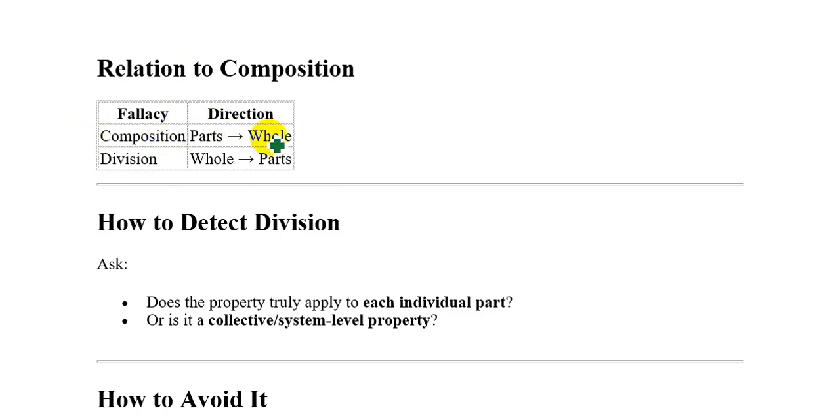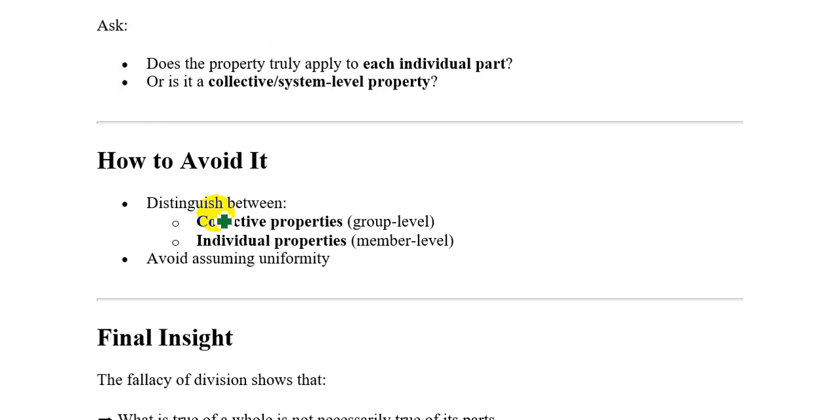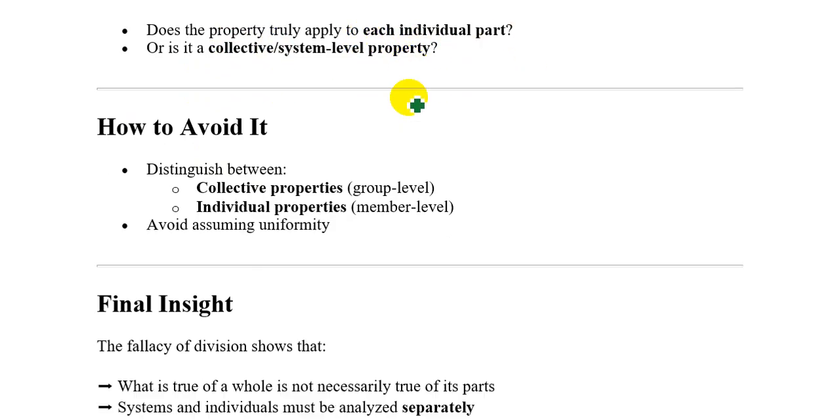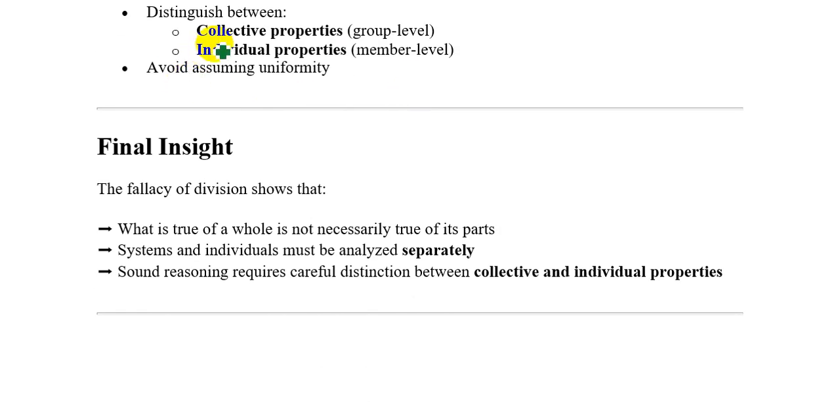Composition goes from parts to whole, whereas division goes from whole to parts. So, how do we detect? First, we have to ask, does the property truly apply to each individual part, or is it a collective system-level property? The way to avoid this fallacy is to distinguish between collective properties and individual properties and avoid assuming